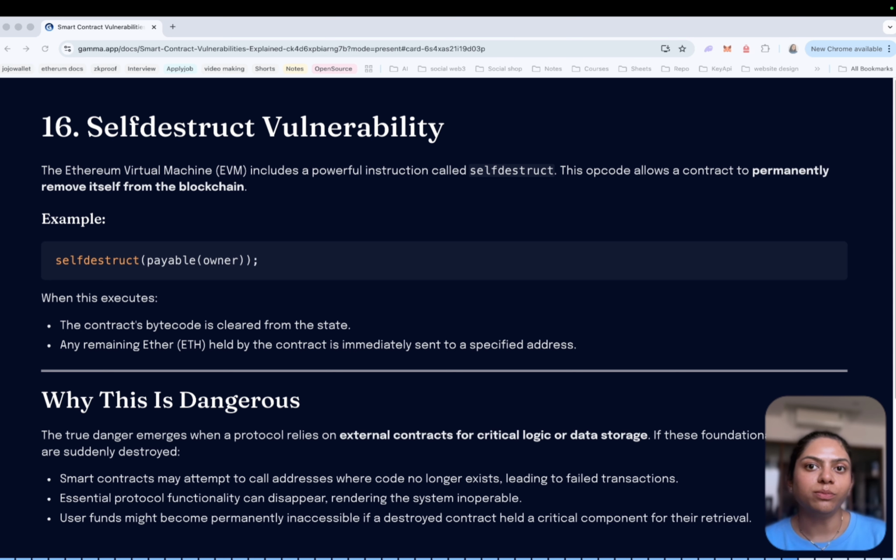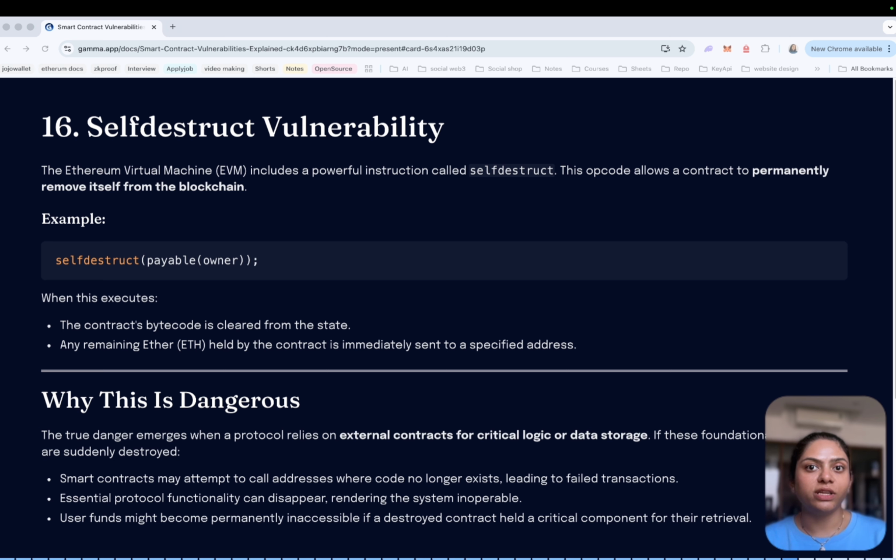Some protocols relied on external contracts for implementation logic. If one of those contracts self-destructs, dependent systems could break. For example, a contract might call an address where code no longer exists. Critical logic could disappear. Funds might become inaccessible.